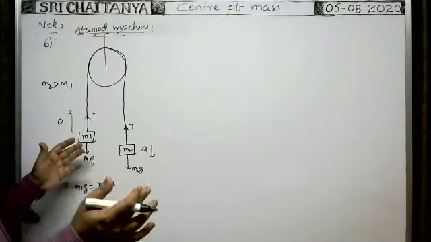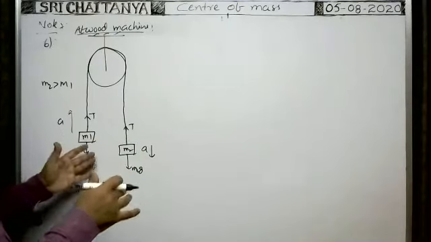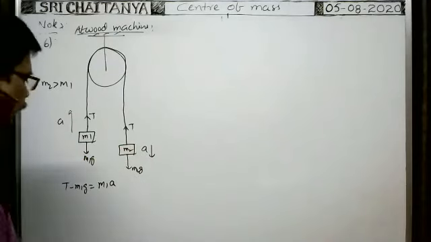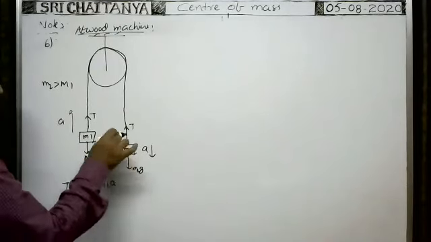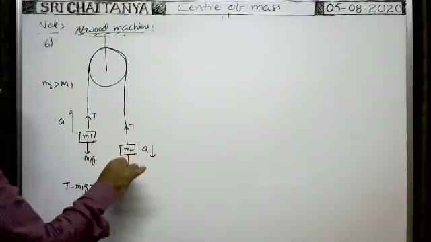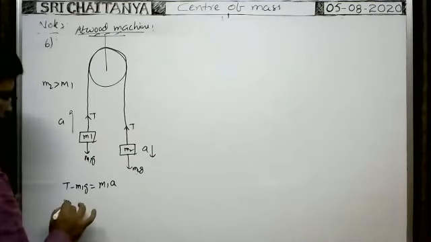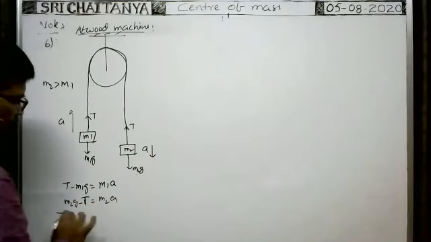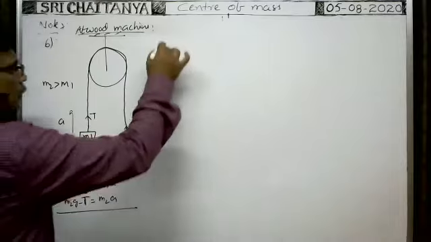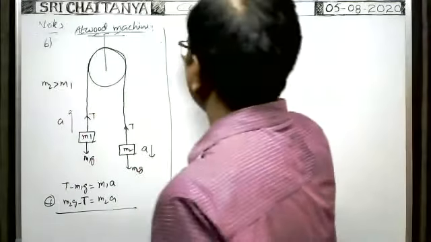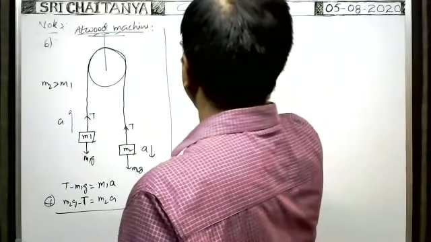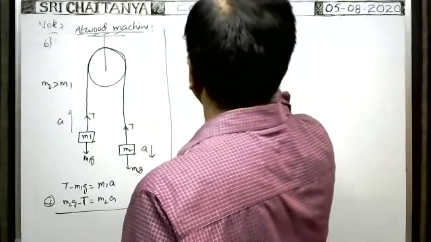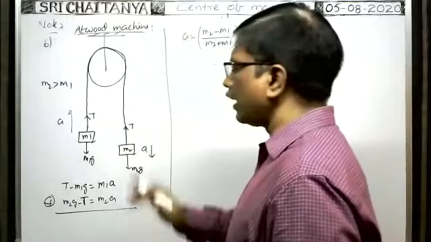Of course, if you have an idea about the formula, directly we can write a is equal to (m2 minus m1) by (m1 plus m2) into g. Otherwise, we have to do it like this. For this, m2g is downwards, T upwards. As the block comes down, this is greater. That's why m2g minus T is equal to m2 into a. When you add these two, you will get the acceleration of any block, a is equal to (m2 minus m1) by (m2 plus m1) into g. This is the acceleration of any block.